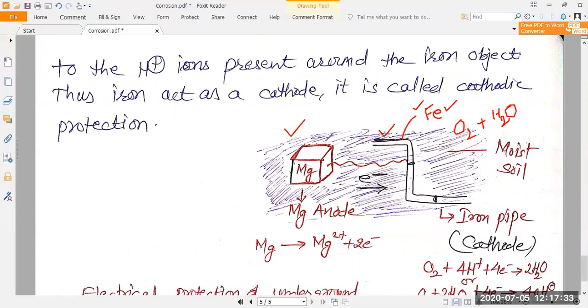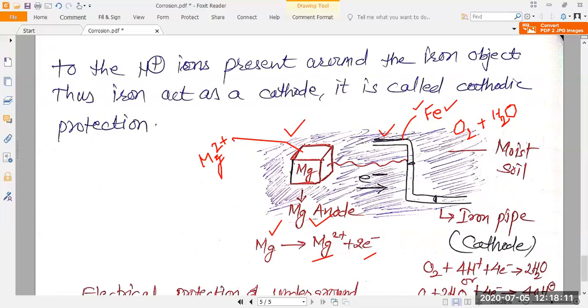So an electrochemical cell is functioning here. And how is the electrochemical cell functioning? The magnesium acts as an anode. It loses two electrons and converts into Mg2+. It converts into Mg2+, which means this magnesium metal itself dissociates. It decomposes, so oxidation takes place, and at the anode oxidation takes place, as we know very well. Magnesium converts into Mg2+, and two electrons are released by the magnesium.